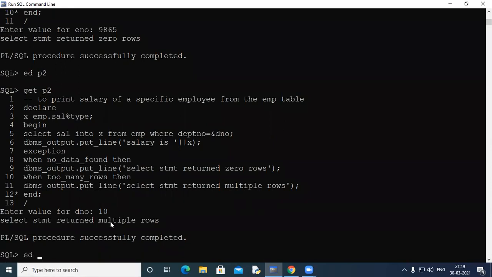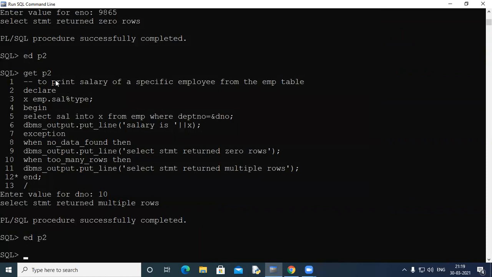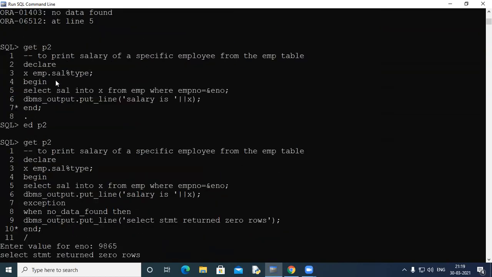When you write a single select into statement, it should always return a single row. If it returns multiple rows or 0 rows, then it gives you an error. If you handle that error, fine. If you don't handle the error, obviously a system defined message is displayed like here.